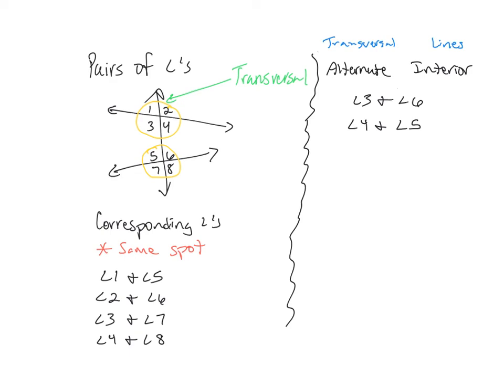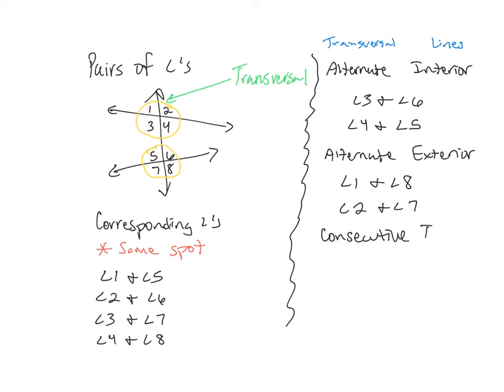Okay, so then the other one is alternate exterior. So angle 1 and angle 8. 1's on the left, 8's on the right. They're on the outside of the lines. Angle 2 and angle 7. 2's on the right, 7's on the left. They're on the outside. Okay. All right. And then the last set,